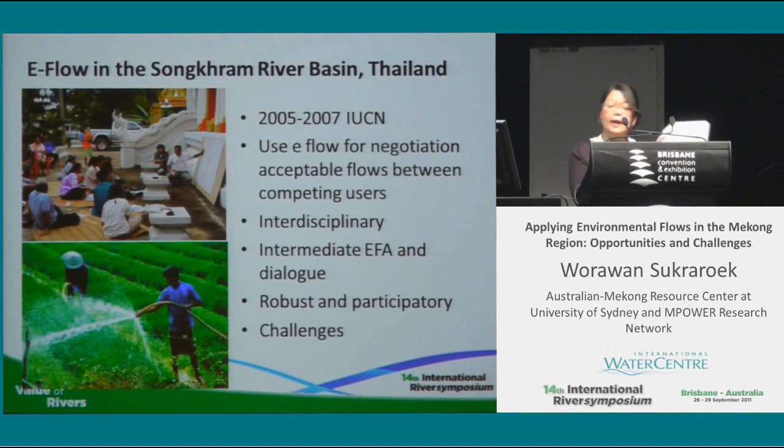The intermediate EFAs came out in the form of various field studies conducted in Songkhram, which coincided with the two extremes of flow condition: the peak river level in late August and early September, and the minimum flow in March 2007. This kind of field design allows first-hand visualization of the flow variations and the recognition of flow in its biophysical and socio-economic cultural conditions pertaining at critical times of the annual hydrological cycle.